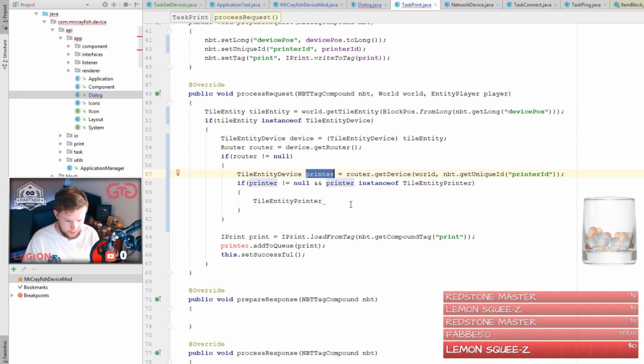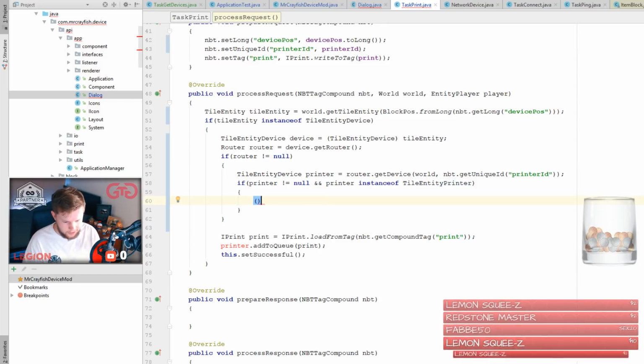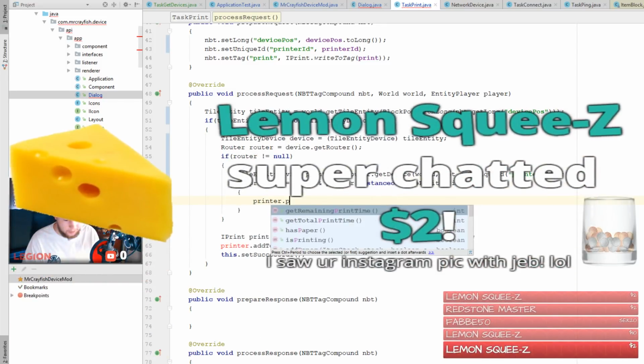The printer, can we just do printer.print